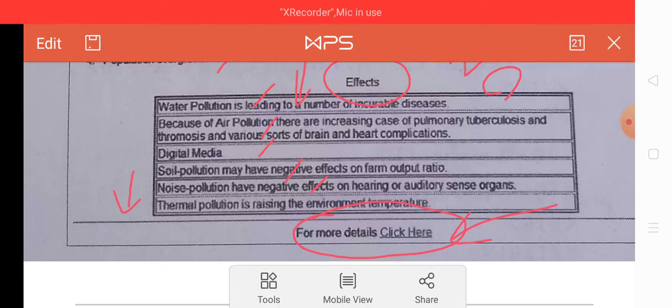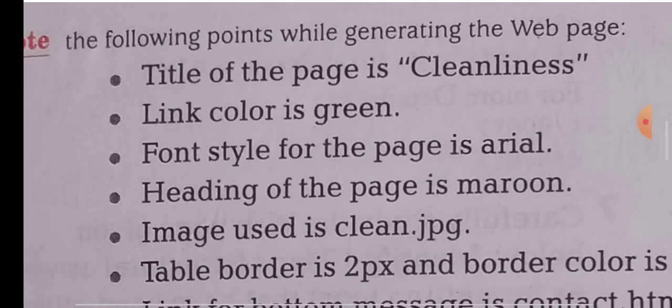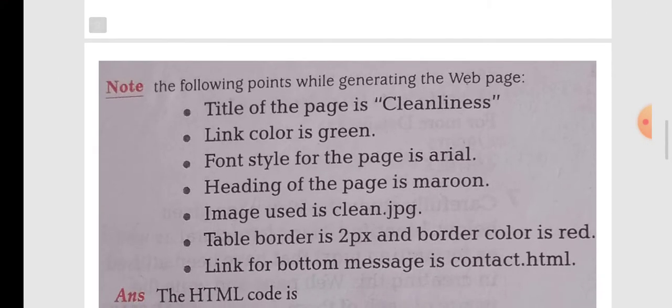So first of all, read the web page carefully, read the content of the web page very carefully, and notice all the things that are given in that web page. After that, see the instructions, what different types of instructions there are. If you miss anything, then that is covered by the instructions, and according to the instructions and the content of the web page, you have to make a web page.